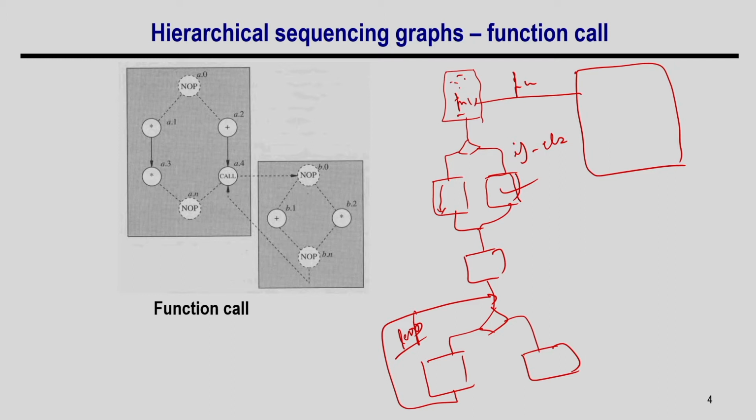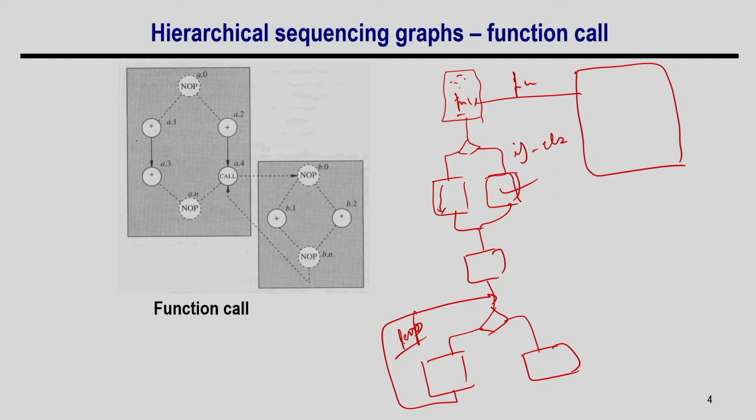But in general, when you consider the complete graph like this, which is what your C code will realistically look like, how does the complete graph look, and whether it remains an interval graph or not, is something we need to understand. Okay. So, let us understand the hierarchical sequence graph first, right.